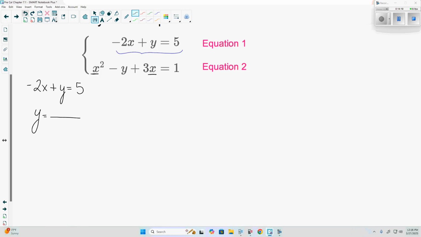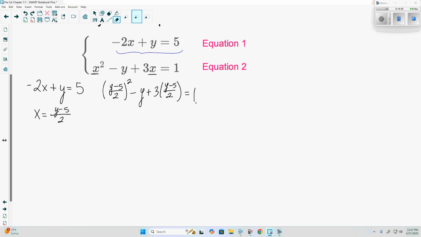x is equal to negative y plus 5 over 2, which would flip our signs, y minus 5 over 2. And we'd have to plug it back in, giving us y minus 5 over 2 squared minus y plus 3 times y minus 5 over 2. And I would say solving it this way is not so much the fact that it's a fraction, it's the fact that we're having to square one of these two terms. So it's more process, more work,